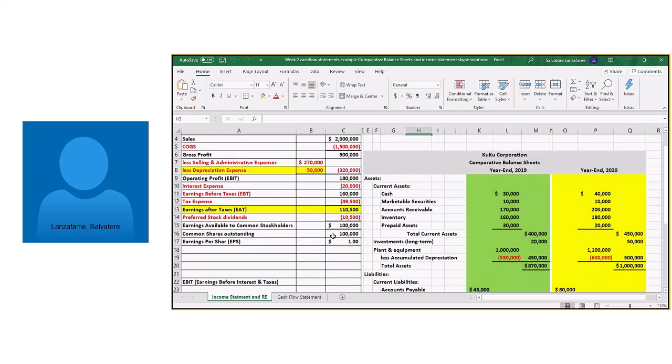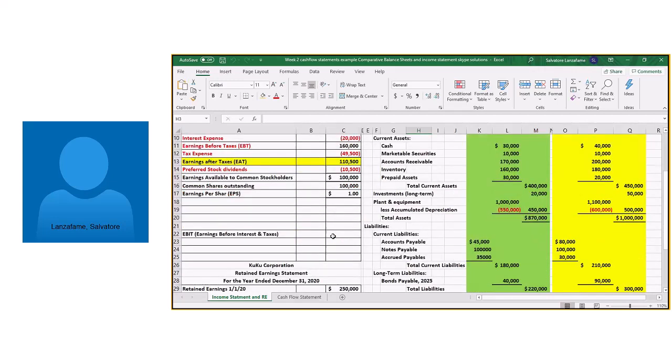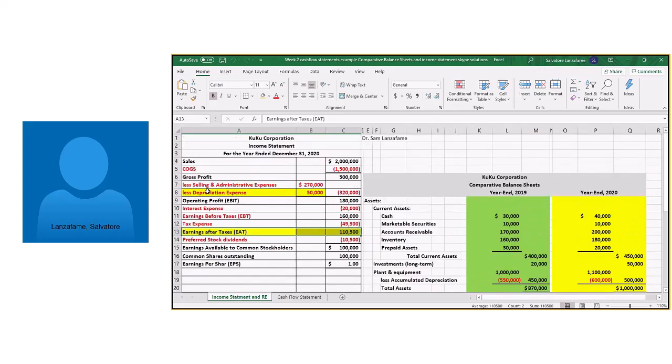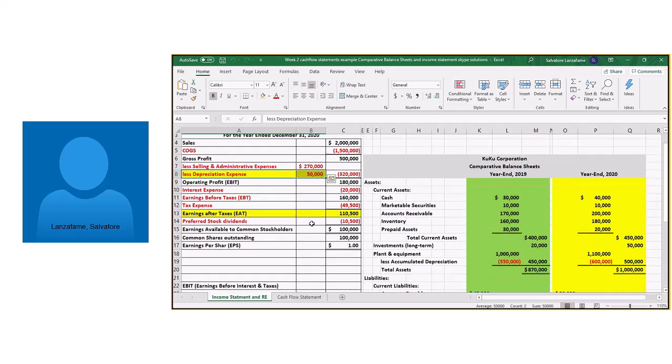But there are a few things that are pretty critical, right? For example, EAT. These are the earnings after taxes. That's like your net income, so it's your net income after tax. That we need to know. Another piece of information that we're going to need is our depreciation expense. So just to highlight a couple of things right off the bat,